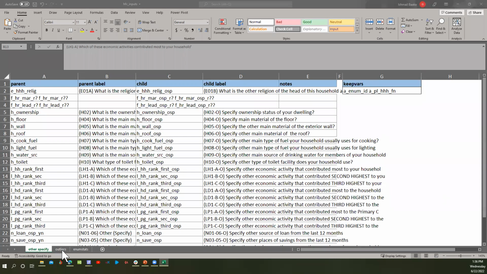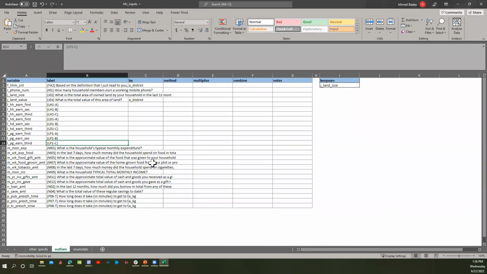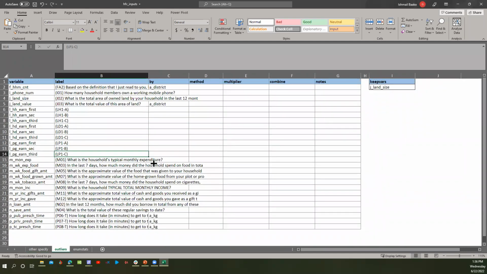Okay, so moving on, we'll go to outliers. The outliers command here is also almost the same, but there are some key differences. The key difference is that for this one, you can also use wildcards, which is also good. If you use a wildcard here, it will consider that all the additional settings that you've included on this row apply to all the variables covered by the wildcard. So if you have a variable like household member age, you can put HHM.